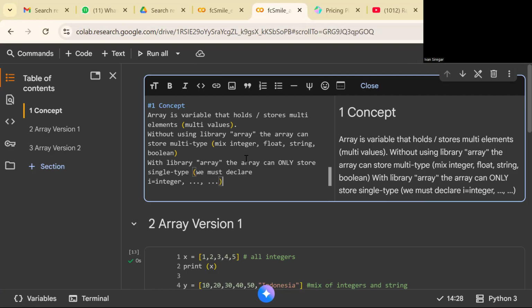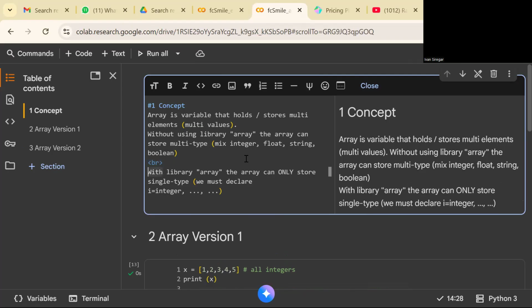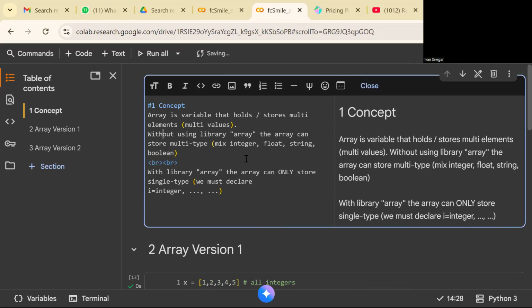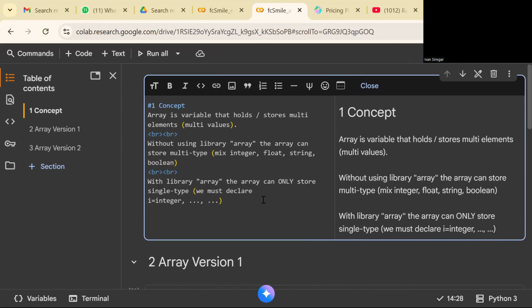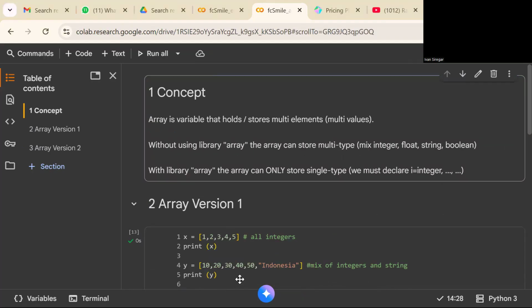I'm going to show an example. You can put a break here, and also a break here, so we have a kind of space between the text. Just adjust your code. An array is a variable that stores multiple elements, meaning there are many elements there.